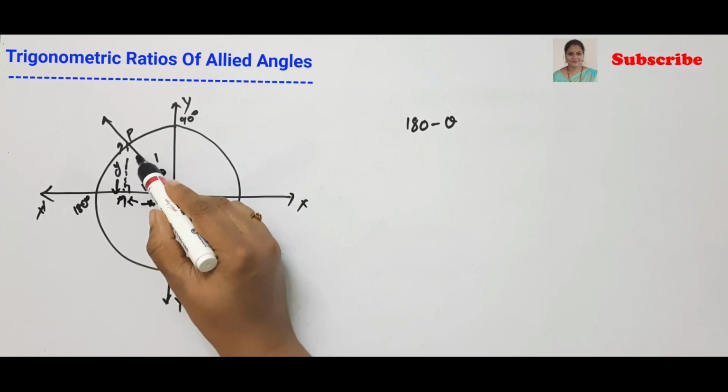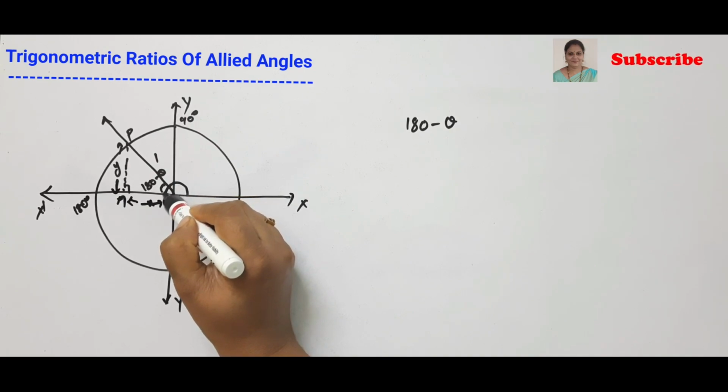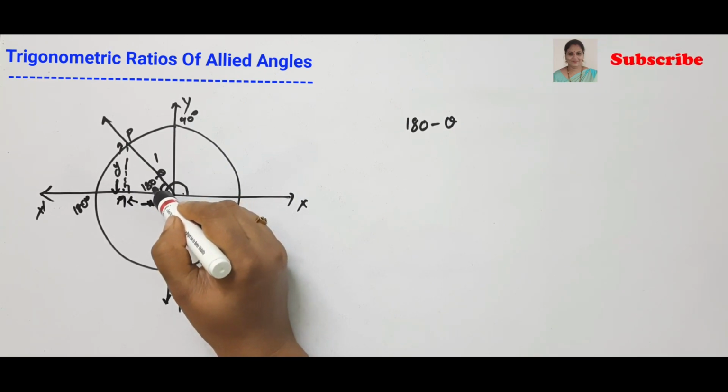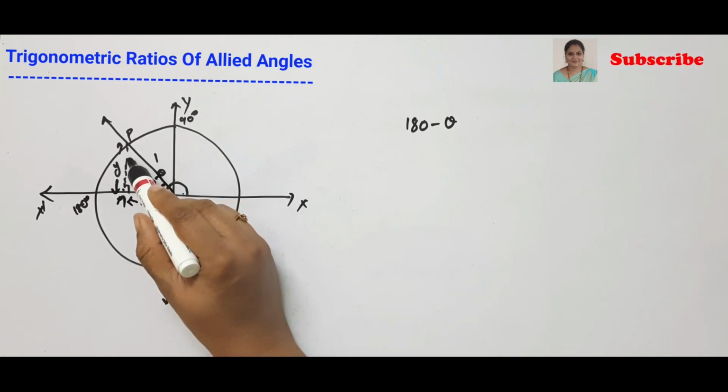You can use properties of the triangle to get this angle, or simply you can also use that the angle on a straight line is 180 degrees, is it not? So when you add these three angles, the sum of these three angles should be 180. So this is 90 degrees, this is 180 minus theta. You can find this angle also using this method. The same angle will be here also.